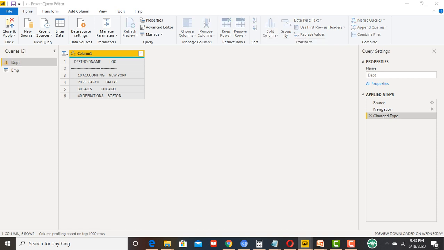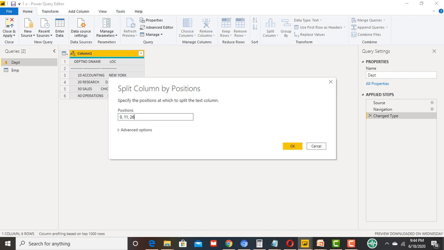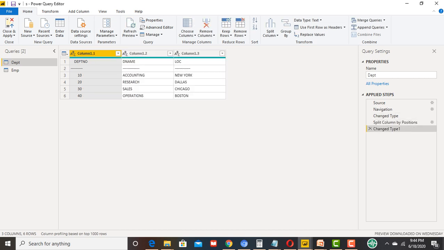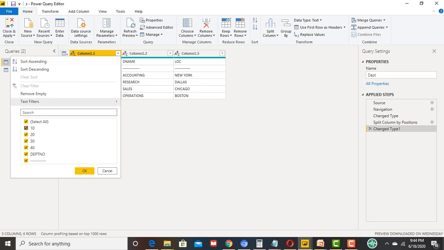So I'm going to click on it. Yeah. Now we are able to view columns and rows properly, but still the second line with the dot is there. For that, we have to come here and Remove Last Line.